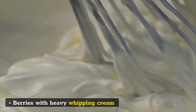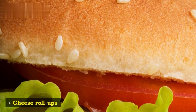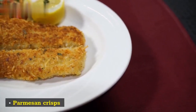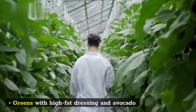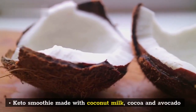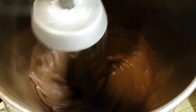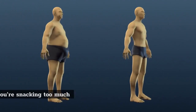Berries with heavy whipping cream. Jerky. Cheese roll-ups. Parmesan crisps. Macadamia nuts. Greens with high-fat dressing and avocado. Keto smoothie made with coconut milk, cocoa and avocado. Avocado cocoa mousse. Though these keto snacks can maintain fullness between meals, they can also contribute to weight gain if